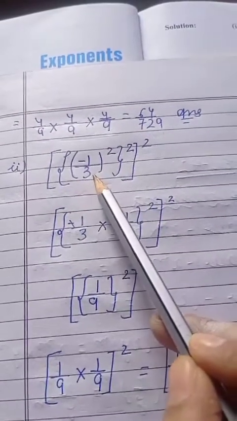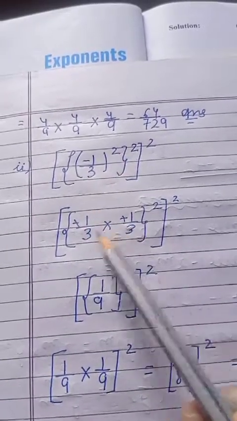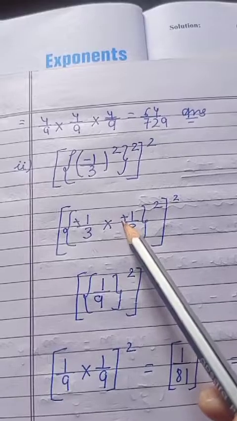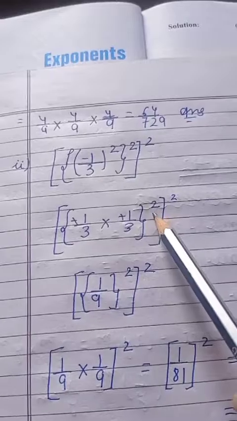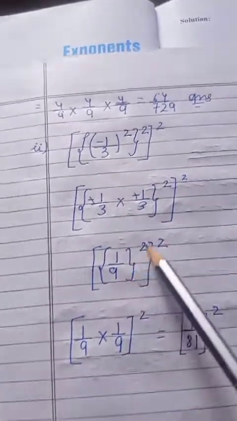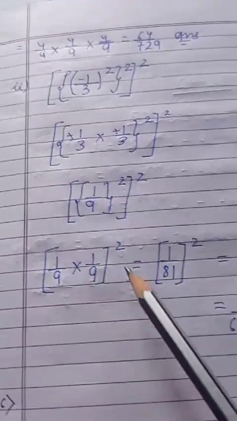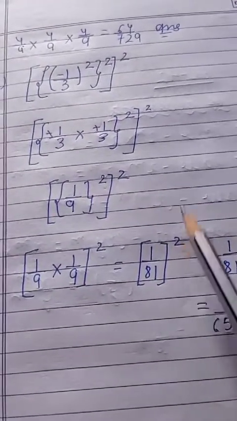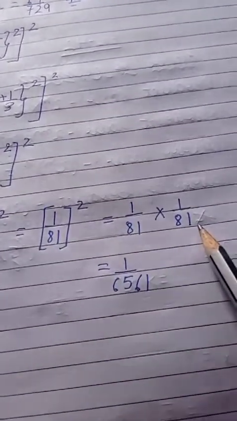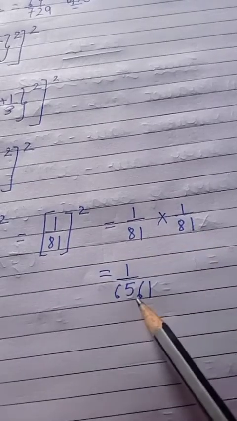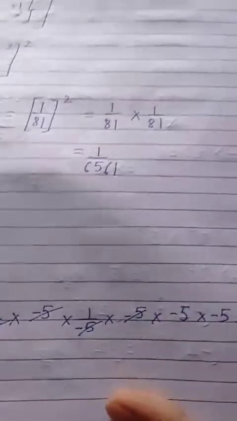Same way, first we'll solve the simple bracket. Minus 1 over 3 raised to the power 2, meaning multiply them 2 times. Minus and minus will get cancelled. You are left with 1 upon 3 3s are 9. What is the power left over here? 2 and 1 more power. So meaning of this is 1 by 9 you multiply 2 times. 1 by 9 into 1 by 9 will become 1 by 81. So this is the power which was outside the square bracket. It means 1 by 81 into 1 by 81, multiply 2 times, you will get 1 by 6561.